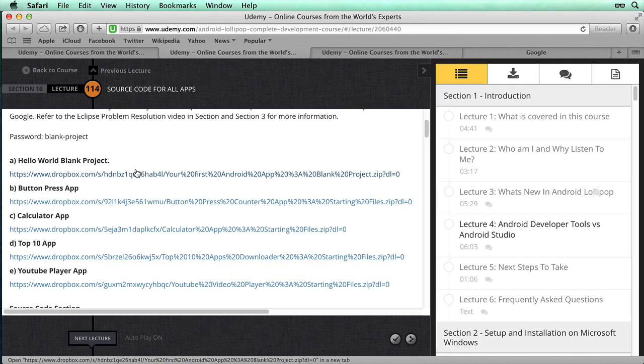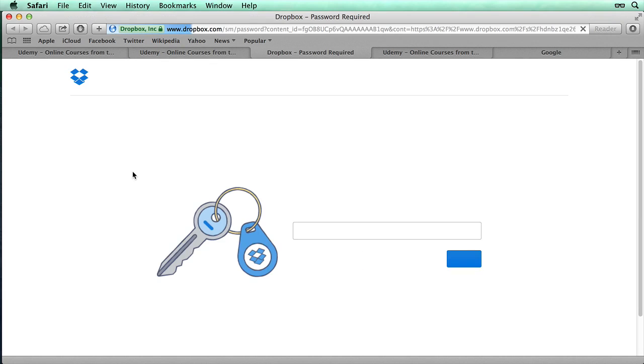We need to download this to fix this problem with Eclipse, and I'm going to show you further in the video how to do the fixing, but for now I'm just going to click on that. And they are fairly small files, so they shouldn't take too long to download, but they will come up and ask you for a password,